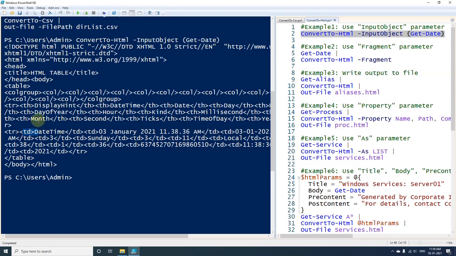So in table header we have got all the properties, and in table data we have got values for all those properties. So this is how we can convert any object into HTML format.